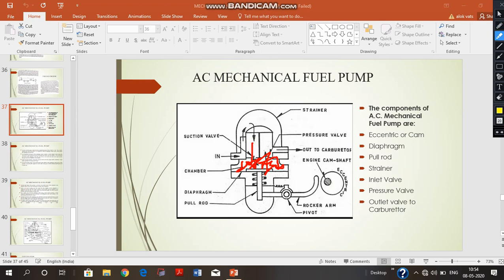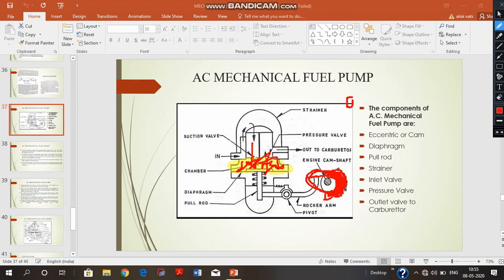Now this is one part of the situation, but the cam is in continuous rotation. We assumed that the larger part of the cam, the protruding part of the cam profile, came into contact with the rocker arm. Since it is in continuous rotation, there will be times when this smaller portion, which is at a minimal radius, comes in contact with the rocker arm. When this portion of the cam comes in contact with the rocker arm, what will happen? Exactly the reverse will happen.